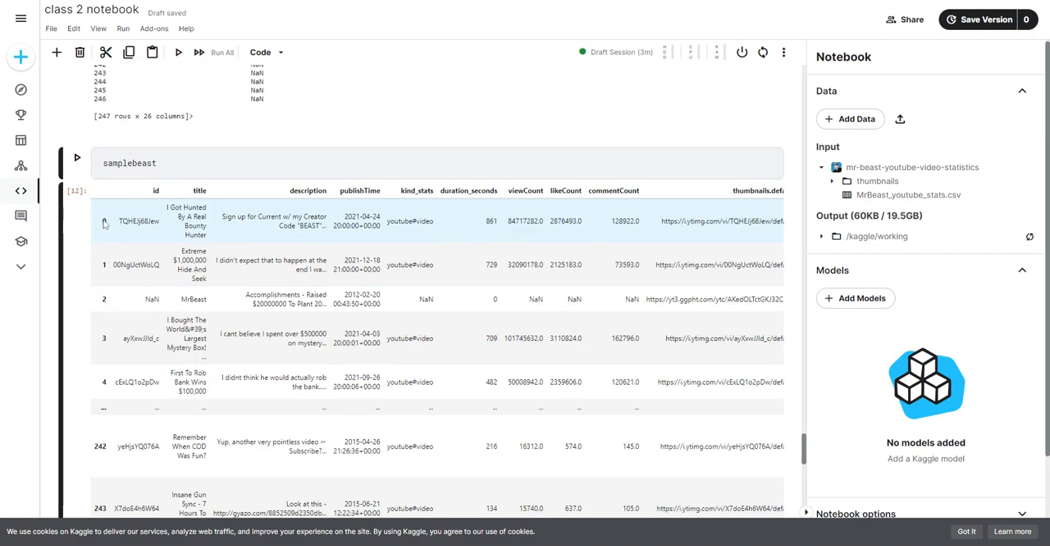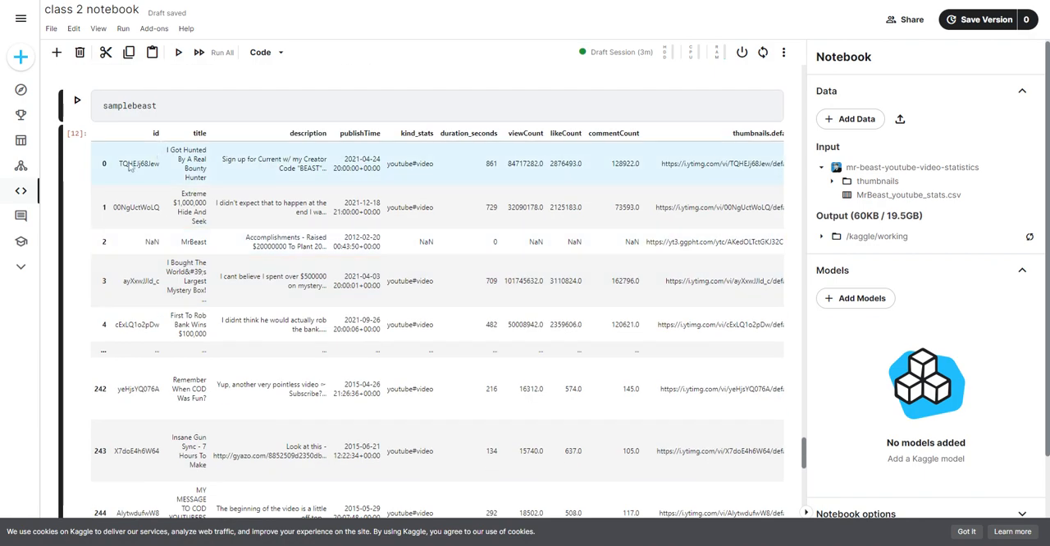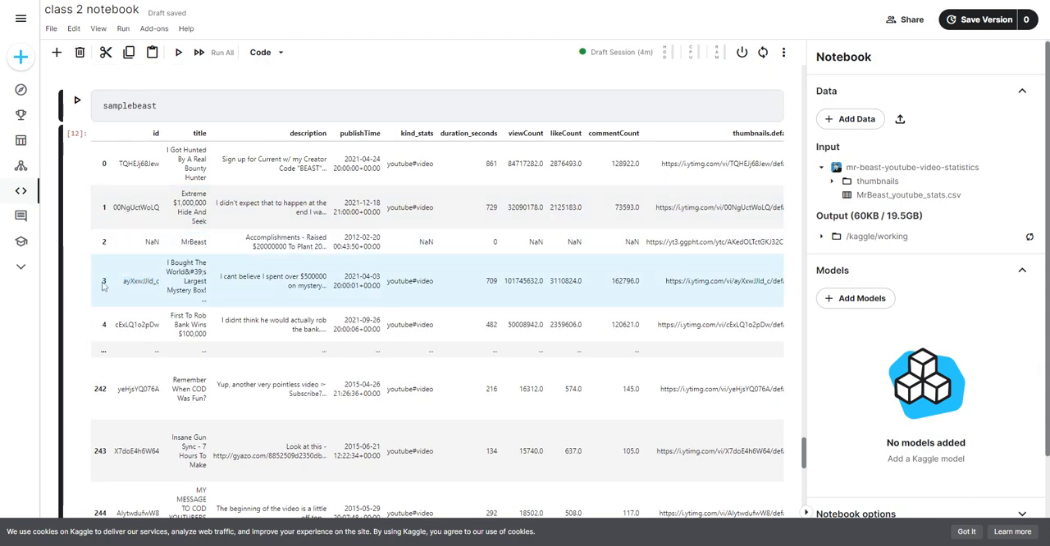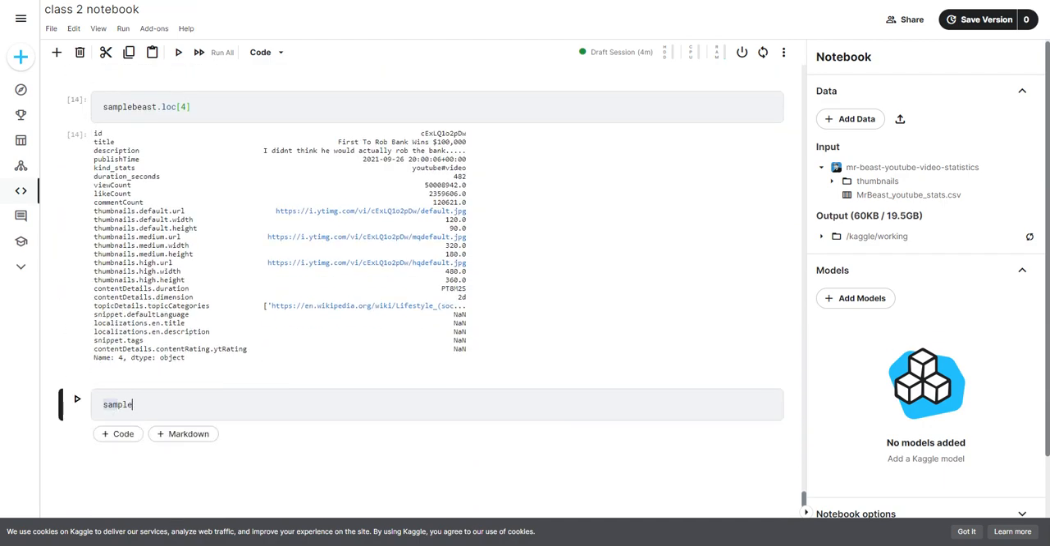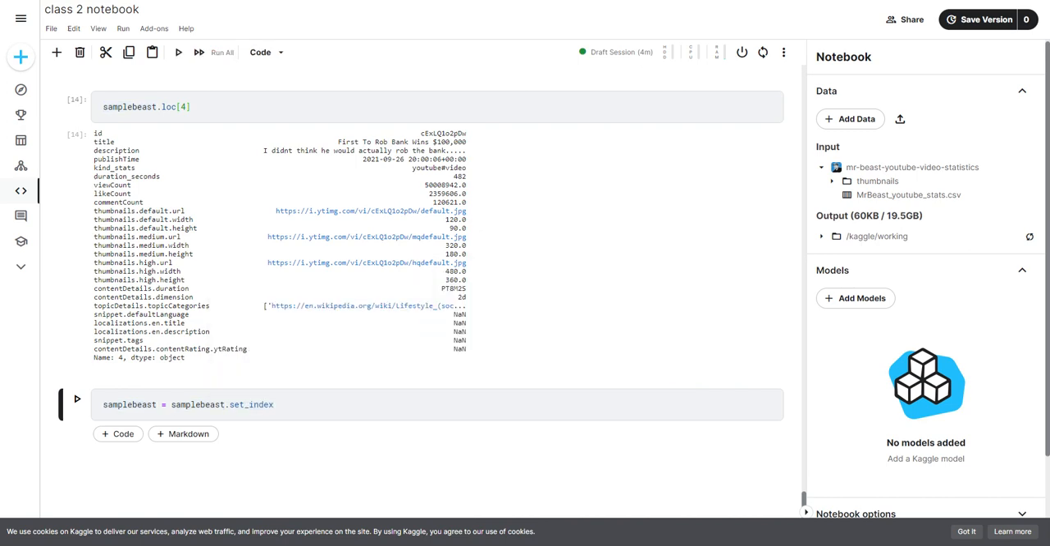So all these indexes right here on the very left-hand side, they're numbered 0 through 246. If we want to work with this data, that's not very useful. If we wanted to figure out maybe this video, because most likely we're going to have the video's ID, so we want to make this video ID the index that we access this by. So how we would do that is we would do sample beast equals sample beast set underscore index, and then